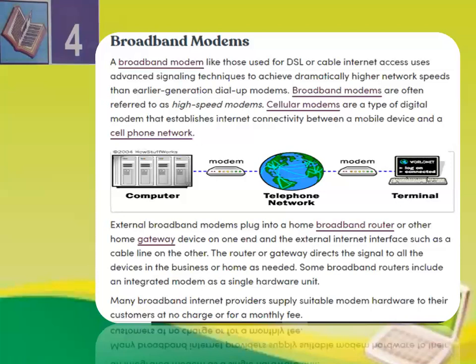So this is a broadband modem, which is the latest, and a DSL cable. Sometimes we call it a DSL cable, DSL connection, or cable internet. With the help of this, you have to connect it with a router or a gateway, and you can connect to the internet with the help of a high speed DSL connection. DSL stands for digital subscriber line. This is used to connect to the internet.